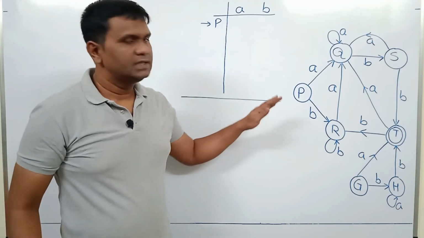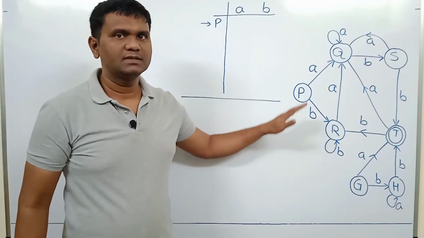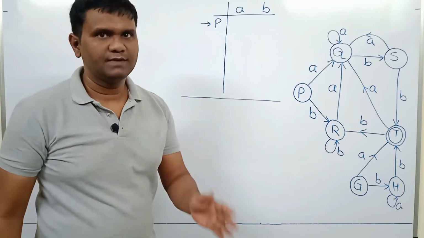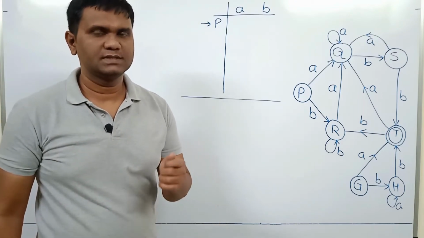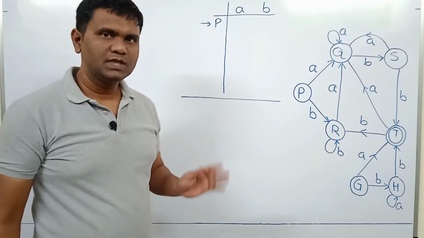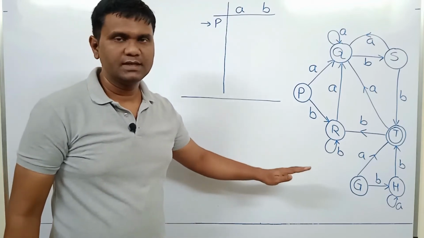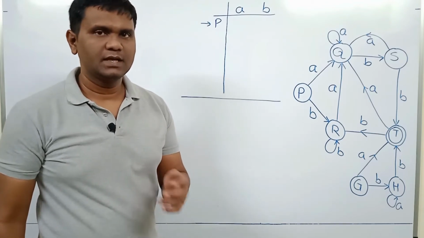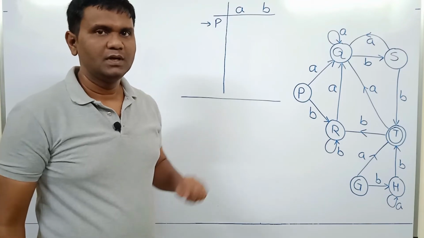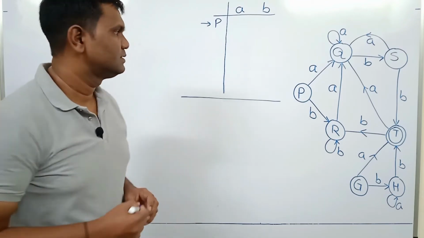Now you can remove unreachable states just by looking at the state transition diagram, but if the number of states is more than 5, then always go for breadth first search. If you have enough practice of BFS, then using BFS to figure out unreachable states will take less time compared to figuring it out by looking at the transition diagram. So here we will follow breadth first search.